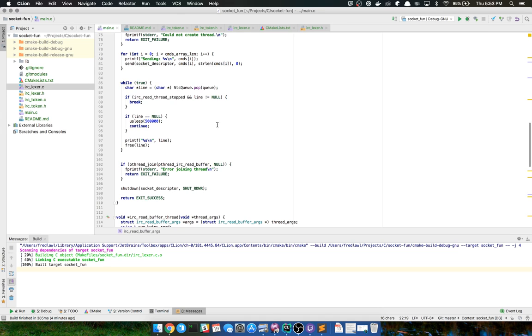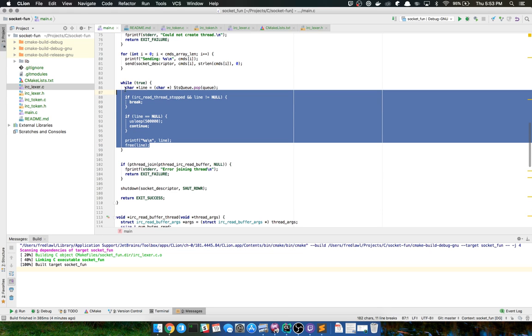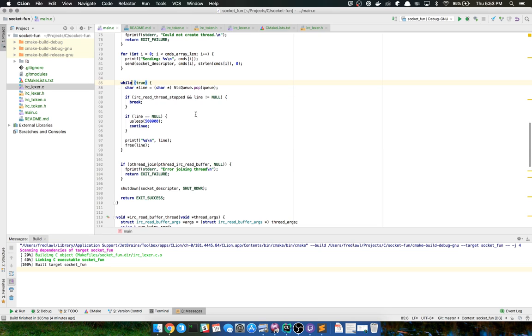So what I'm going to do here instead, I'm going to keep this thread stopped functionality here, but really what I'm going to do now is replace this functionality and move that into my lexer. But I'm still going to keep the while true part here because this will be important for the actual parser. But we don't necessarily want it to. We don't want the lexer to stop ever. We only want it to stop when it reaches EOF.